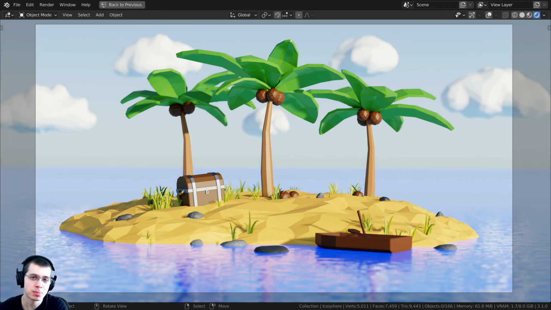Welcome to this beginner Blender tutorial series where we will be creating this low poly island. And we will be creating this using the Eevee rendering engine in Blender. And this tutorial series is very beginner friendly, so I'll be going very slowly and showing you the entire process